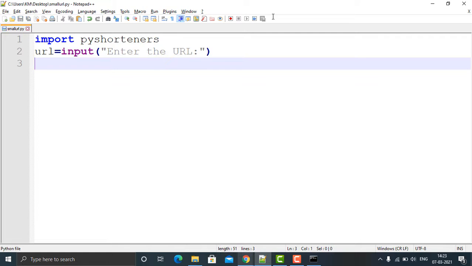Now this is the main thing: print. And print short URL is.